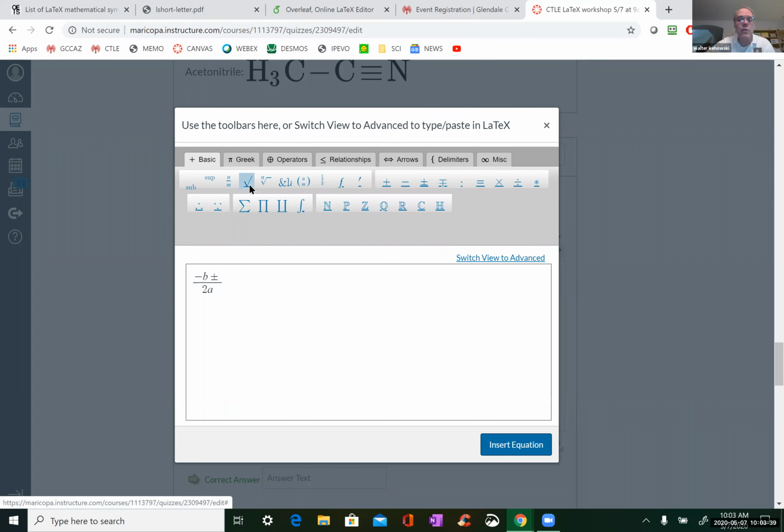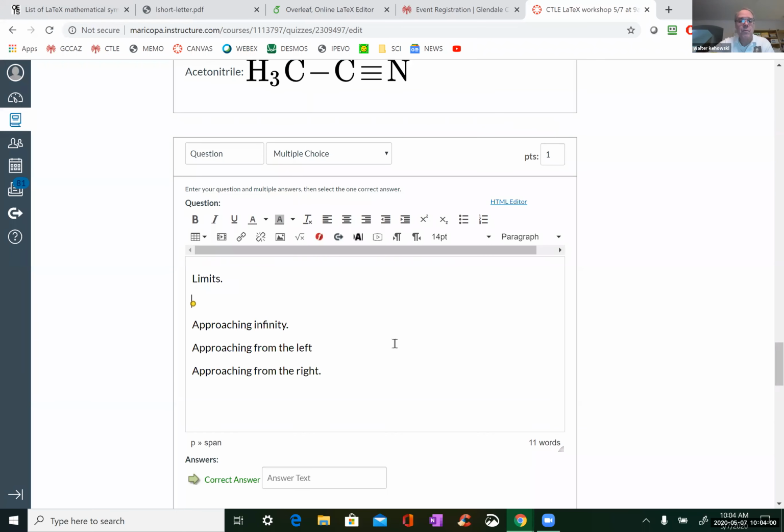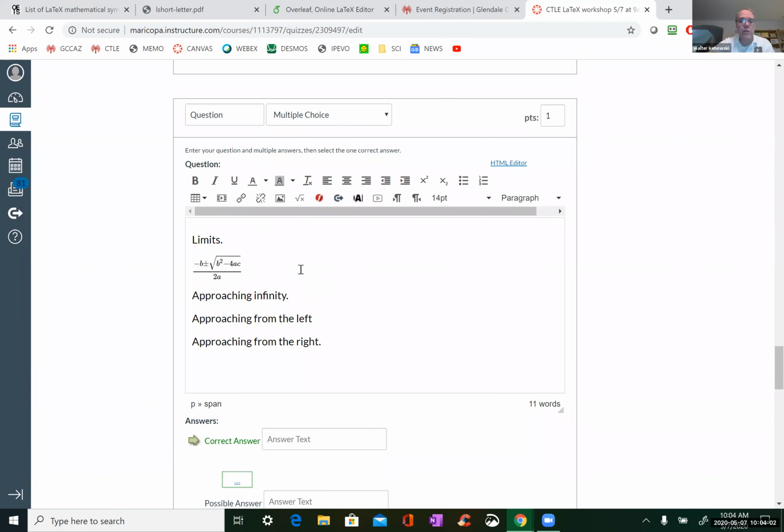And then we can do square root, and then b, or you can do it like that, squared, drop down, and then minus, and now it's easy for 4ac. And there you can see you can do it.